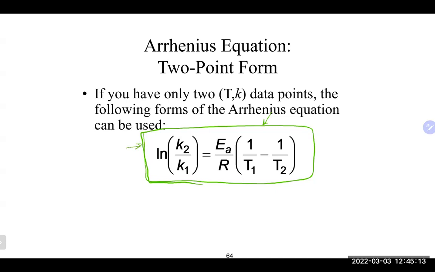So we'll go with this one. These are pretty much our normal things here. K2 and K1 are 2 different rate constants at 2 different temperatures. And obviously T1 and T2 are the 2 temperatures that go with the rate constants. So it's really important to make sure that you keep the rate constant and the temperature together, whichever one you want to call 1, whichever one you want to call 2 in a problem. It really doesn't matter as long as you keep those 2 together as either the 1s or the 2s